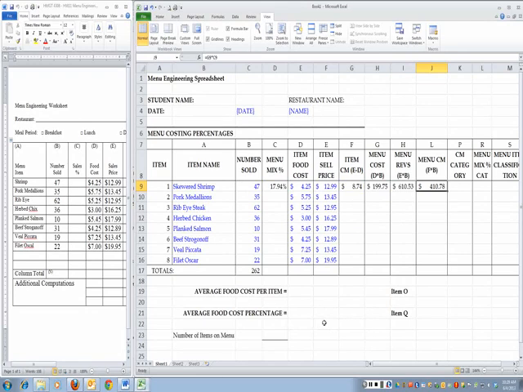$410.78. Also, if you take the menu revenues less the menu costs, you should get the menu contribution margin. Okay, so now that we've done that,